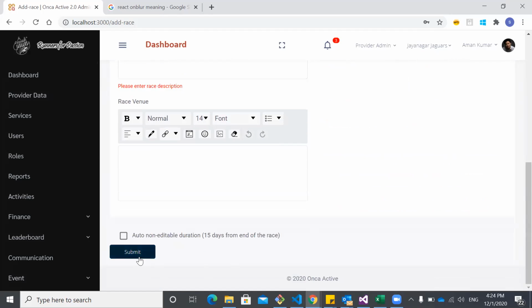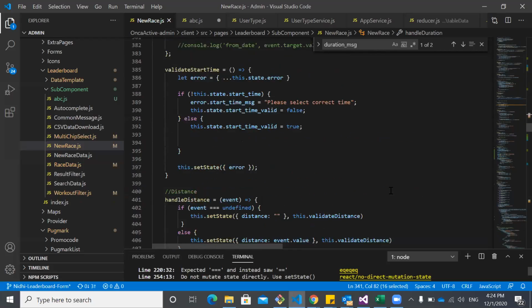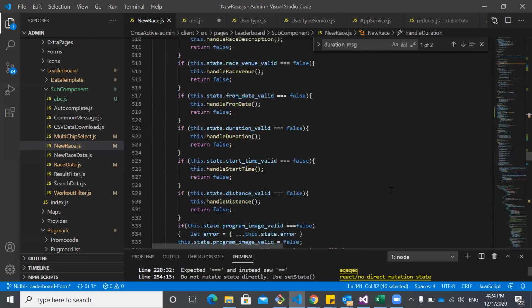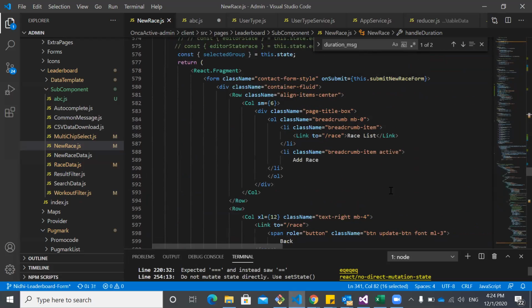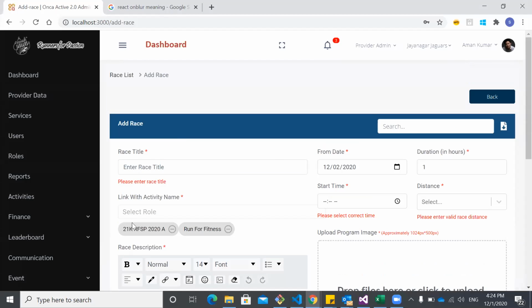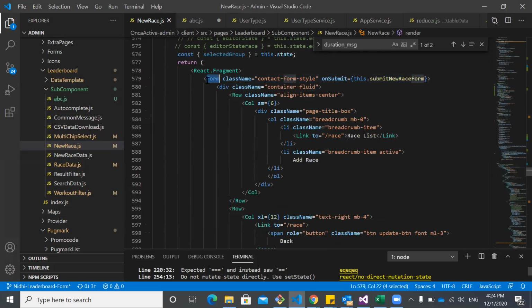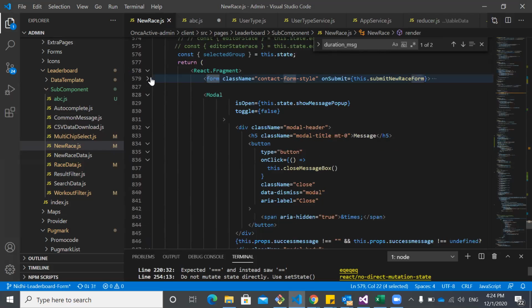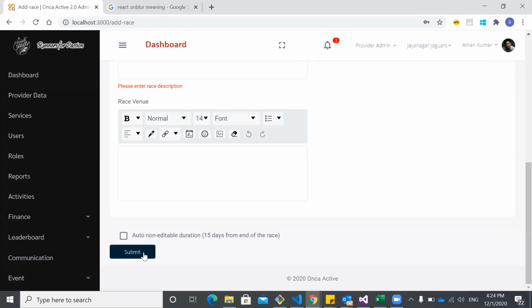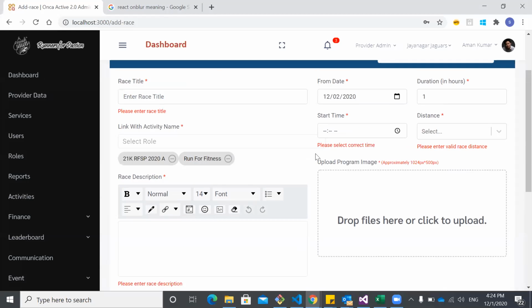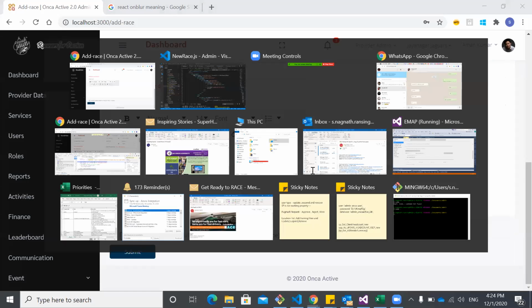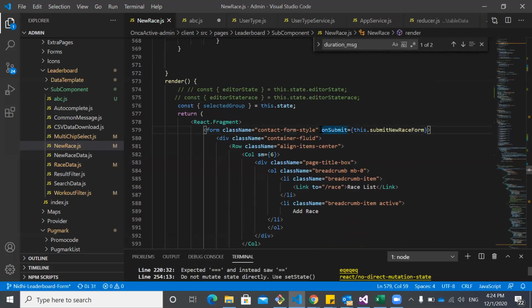Okay. So for the submit functionality, I'll tell you. This form is nothing but the entire block component you are seeing, from the address that we have written under this form tag. Our aim is to call one method to pass this entire data to the backend. For this, we have written here the on submit functions.